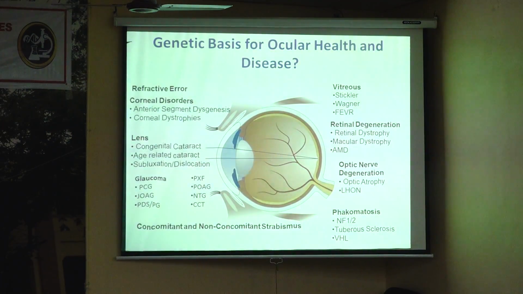Now, I have been working for the past 23 years on the eye. You already studied in 10th grade the structure of the eye. So this is the structure of the eye. This is the cornea, this is the lens, this is the iris, this is the ciliary body, and this is the optic nerve. This is the posterior chamber, and this is the anterior chamber.